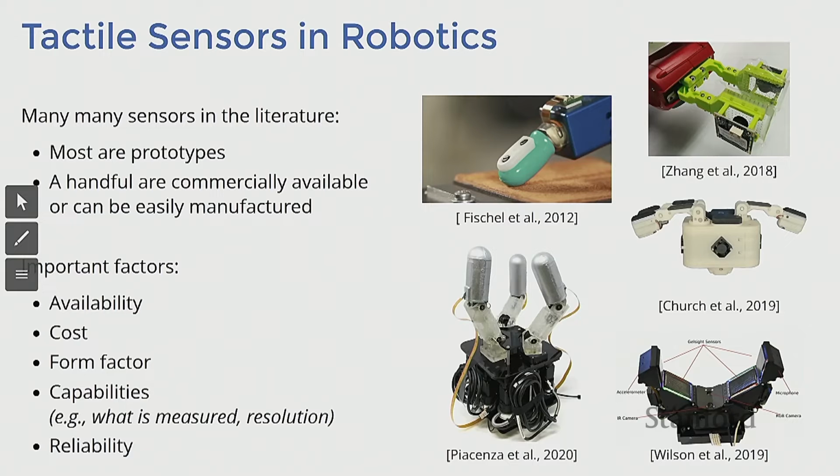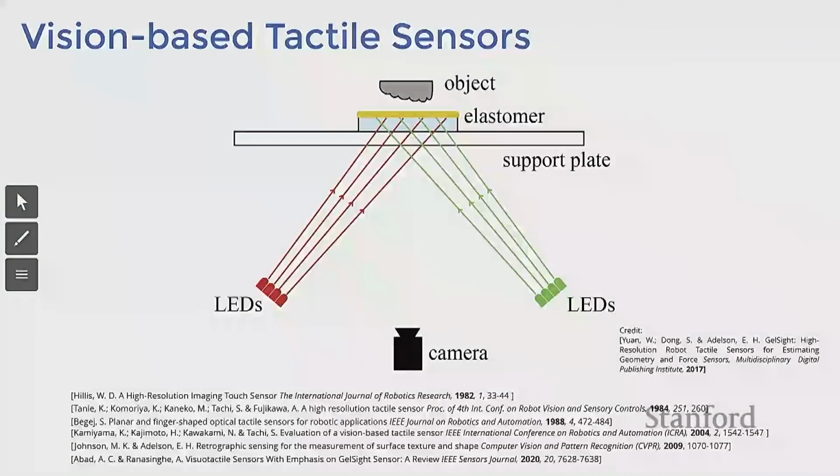The type of sensors that I'm going to discuss today more in depth are the so-called vision-based tactile sensors. I want to give you an intuition of the principle of how they work. The idea is fairly old. It was actually proposed several times in the 80s, but it's very, very smart. You want a camera, which can be a normal cell phone camera, looking at a piece of silicone or an elastomer. And then you have structured light, typically RGB colors, shining onto this elastomer.